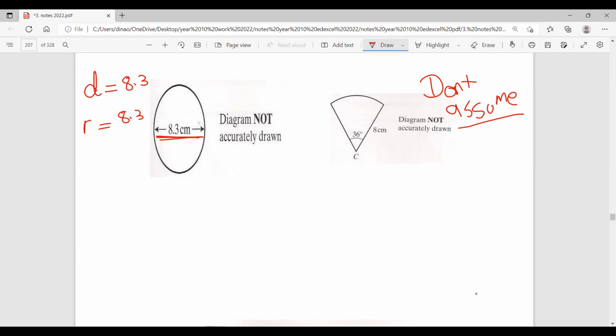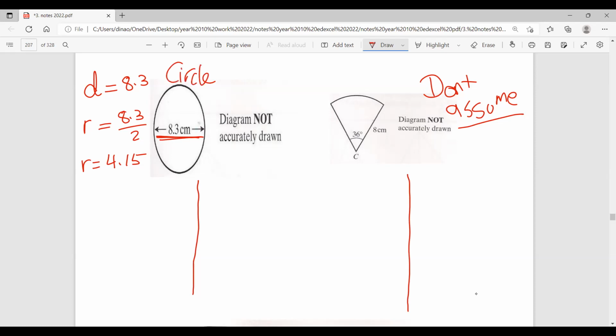Because we said the diameter is 2 times the radius. So divide by 2, and the radius is 4.15. This is my radius. Sorry, we'll draw a line here, and I want you as well to draw a vertical line. Then, as we said, for the circle,